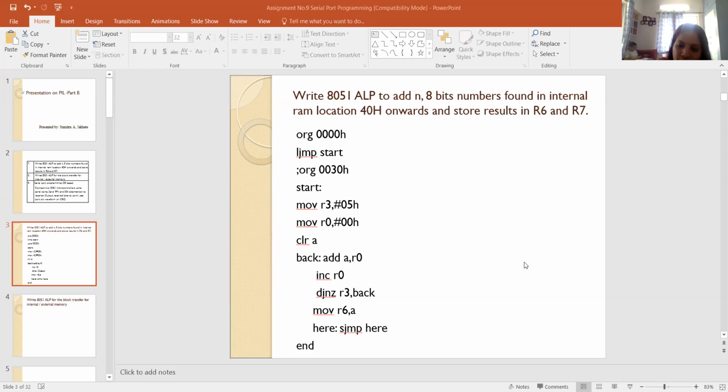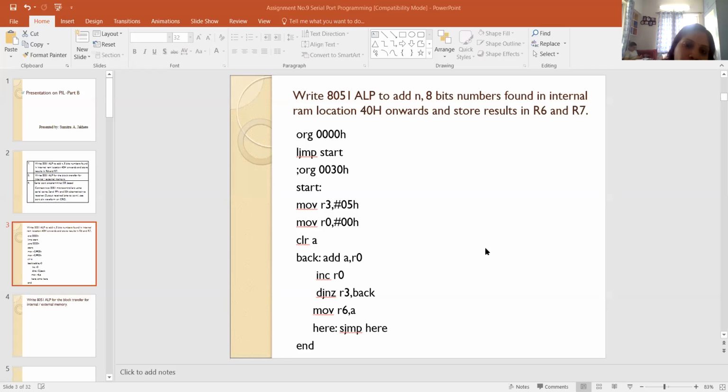So 8051 is an 8-bit microcontroller. All of you know that. It has 256 byte internal memory. You can say it's 128, but the remaining 128 byte is used for special function registers. So whatever this RAM is, we are using it to store the internal data values.